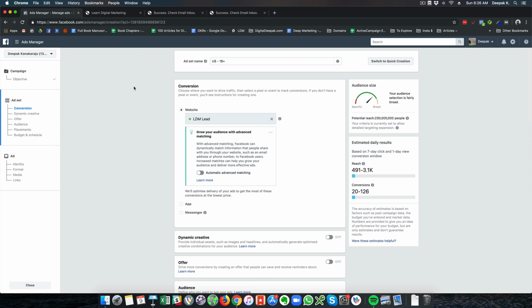So just in case there is a correlation like that, then Facebook might go ahead and show the ad more aggressively to the people who like Game of Thrones, because Facebook discovered that people who like Game of Thrones also are more likely to convert. So this is just a random example. There is a very slim chance that people who like Game of Thrones are more likely to convert as a learn digital marketing lead, but I'm just giving it to you as an example.